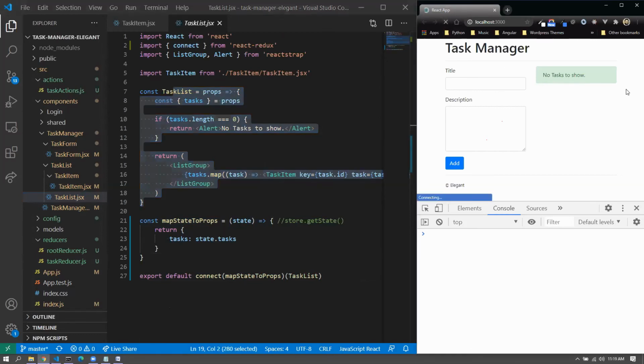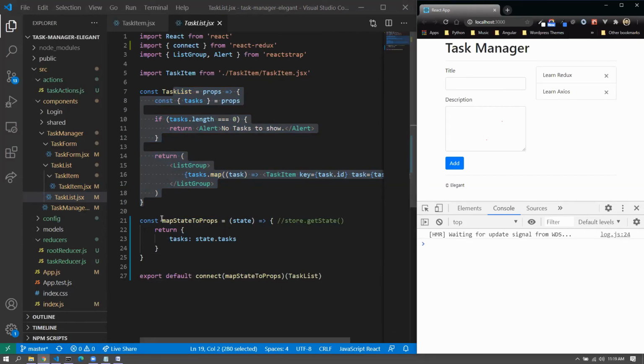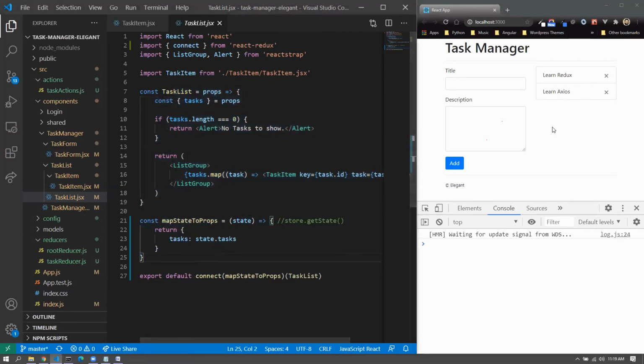So if I delete, say for example, learn Redux Saga, the whole process would happen and the task list would reload because of this map state to props, and we'd get the updated list of tasks. So that whole thing happens. And at the end, if there are no tasks, I'll just show you no tasks to show. All right. So I believe